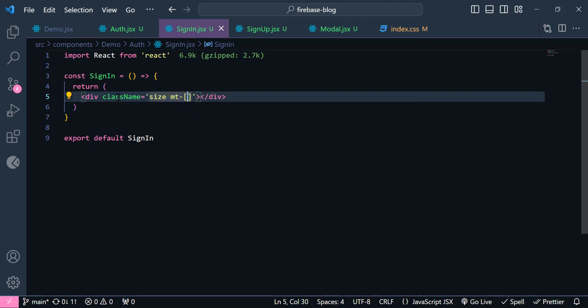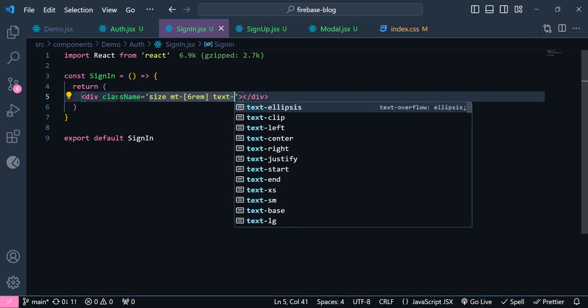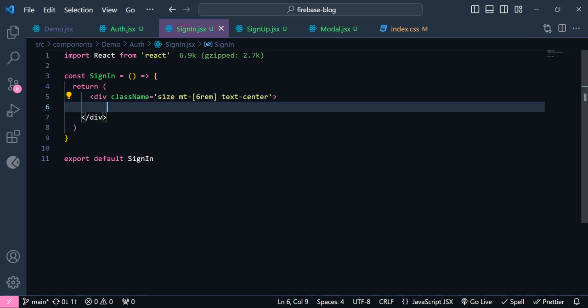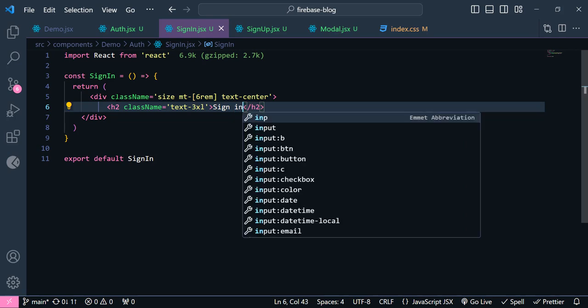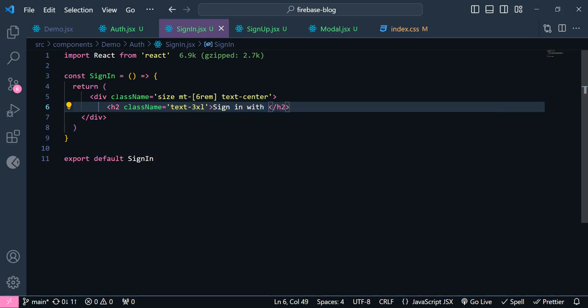Margin top is going to be 6 rem. Text align is going to be center. Okay, inside here I'm going to have a heading 2 with the class name of text size is going to be 3XL,